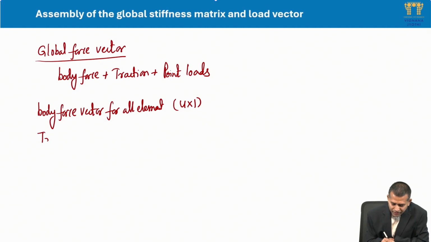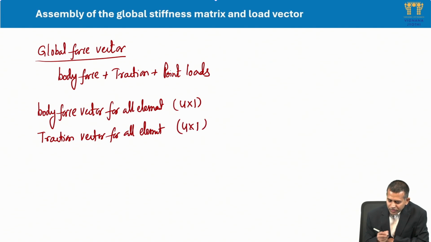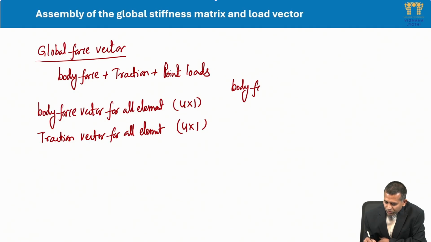Similarly, the traction vector for all elements will again be 4 by 1. And point sources we add wherever they are. If you sum all of this, you can write the total body force vector as